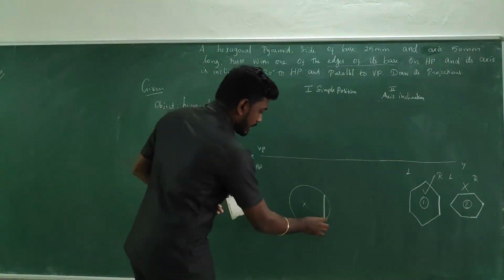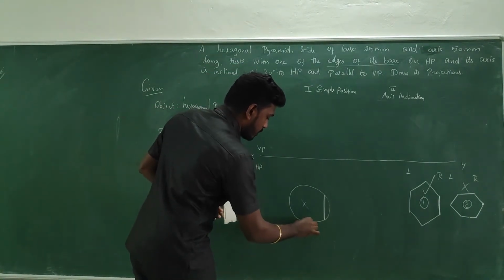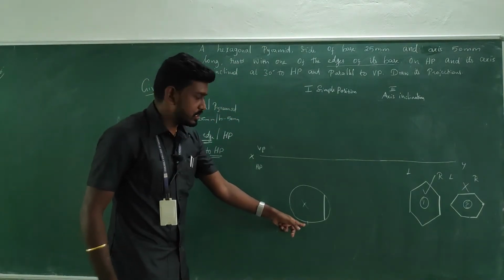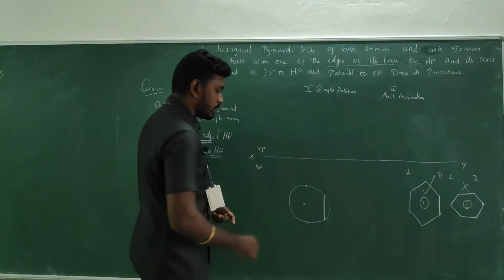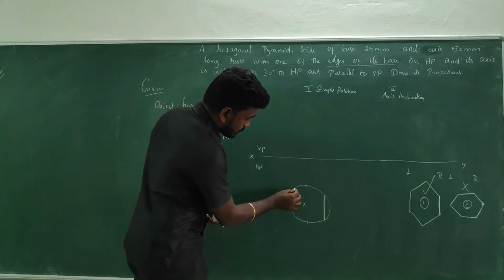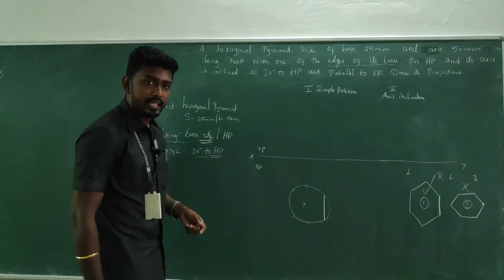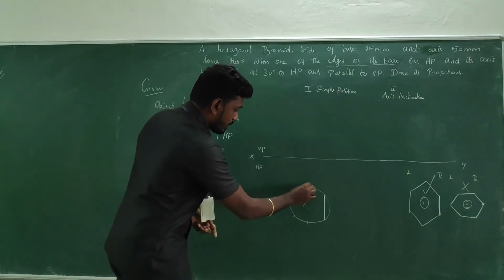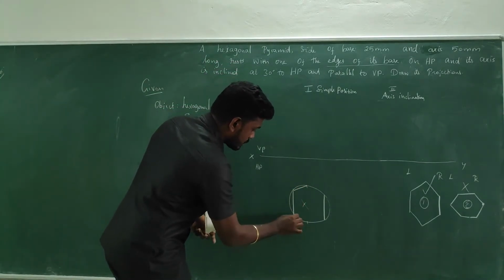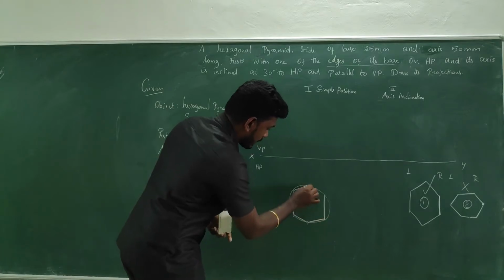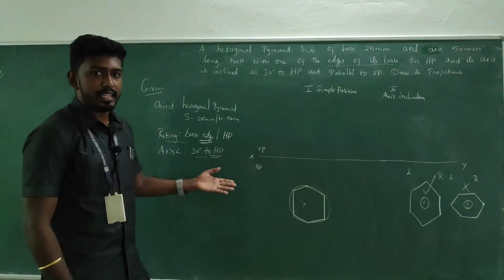So when you cut from this end on this circle, you will get the intersection point. From this end make a cut mark, you will get an intersection point, and from this make a cut mark, you will get an intersection point. From this make a cut mark, you will get the intersection points. So if you connect them, you will get the hexagon.